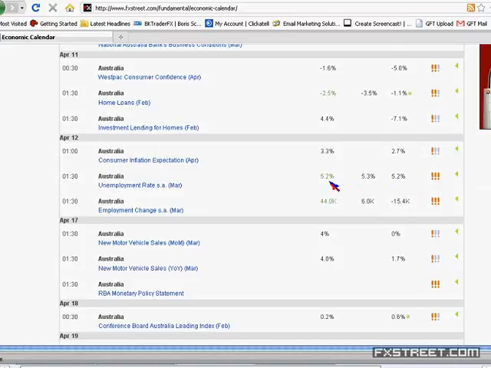The unemployment rate remains unchanged at 5.2%. We actually had a very good month for the Australian labour market in the month of March. So that could be a reason why the RBA could delay a rate hike. Basically, the next RBA meeting, let me just get the exact date of the next RBA meeting. The next RBA meeting will be on June 5th. So depending upon how data fares between now and then, because we should get another unemployment report,